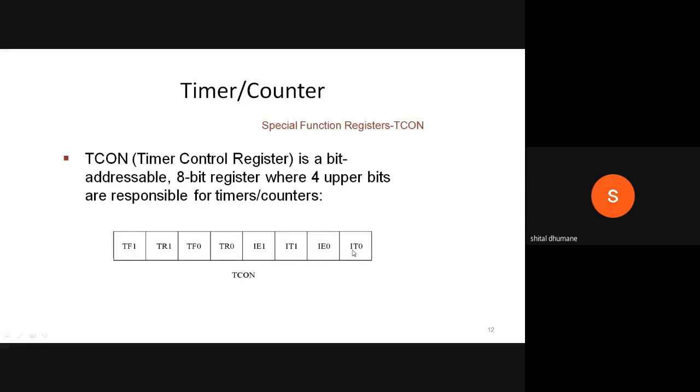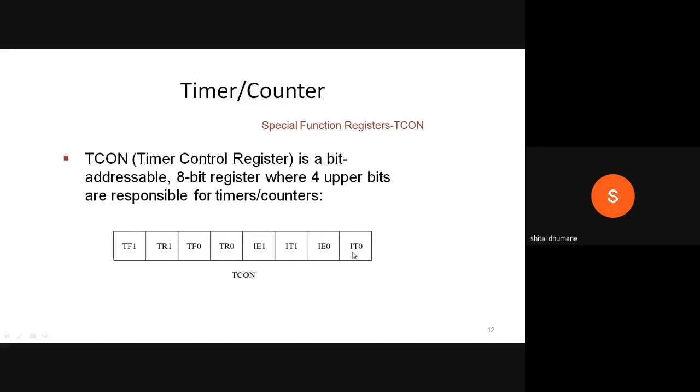See, the first bit, D0, is IT0, the interrupt 0 type control bit. You have to consider only the upper 4 bits, that is TR0, TF0, TR1 and TF1. Only these upper 4 bits are associated with your timer, and the lower 4 bits are associated with your interrupts.